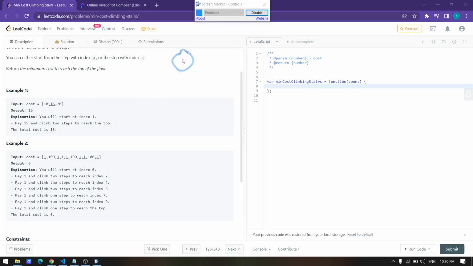Let's suppose I have started from 0, so there are two choices. Either I take one step, that is 1, or 2 steps. Either we will be taking 2 or 3.